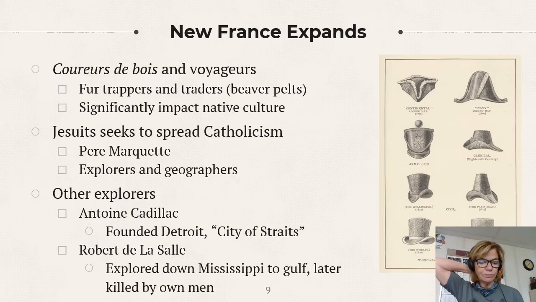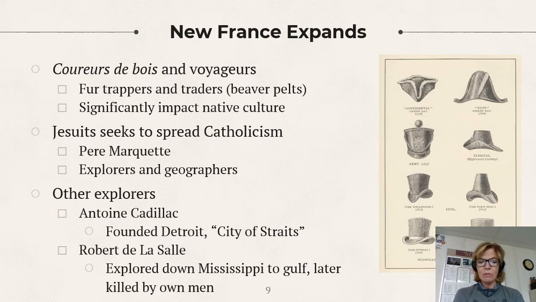All right, so going back to New France, you had those fur traders there. These people were adventurers. They go into the interior. They were known as the Coureurs de Bois or the Voyageurs. And they trapped beaver almost to extinction. And they didn't want the beaver for their furs. They wanted them for their skin, their pelts. And they would pound the pelts down into kind of a felt. And then from the felt, they would make these hats. And hats were quite popular, right? So they go and they're making a profit off of the fur trade.